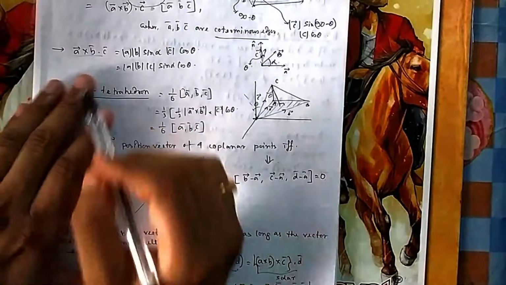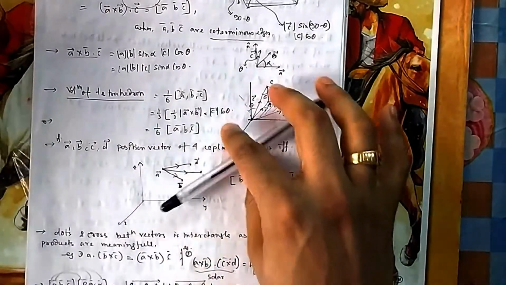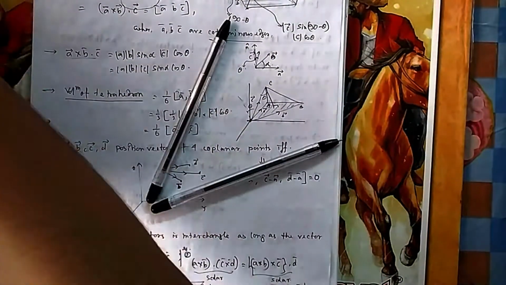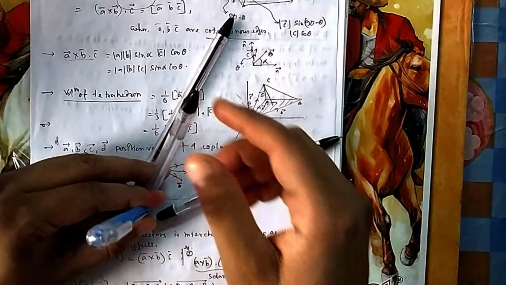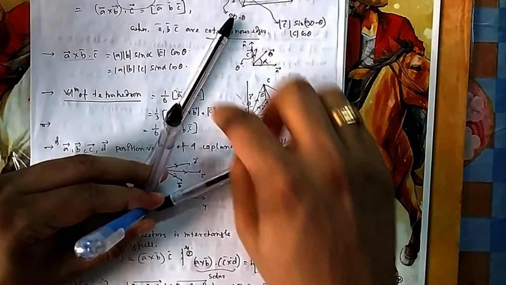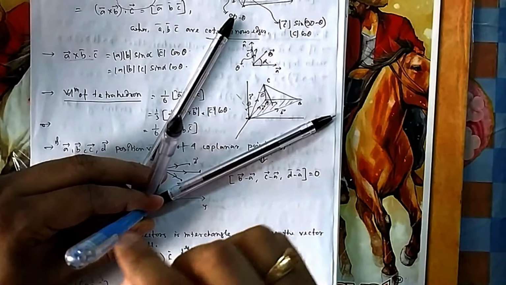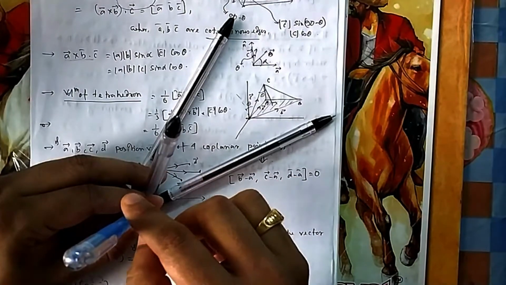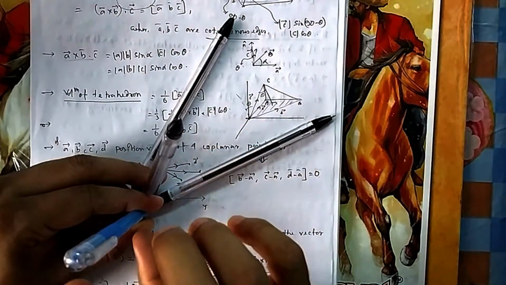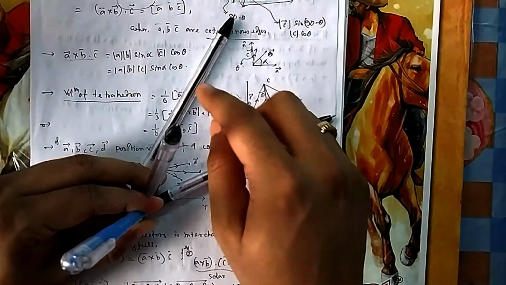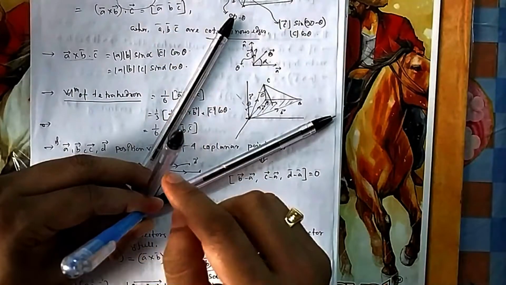Okay, then let's see this. What is the meaning of A cross B? If you take A, B, and if the angle is alpha, so what is A cross B? It is |A||B| sin alpha, then n cap. This is n cap, and suppose your C is here. And if you dot this one, suppose this angle is theta, so the magnitude of A cross B is |A||B| sin alpha, then C, and the angle between them, cos theta.